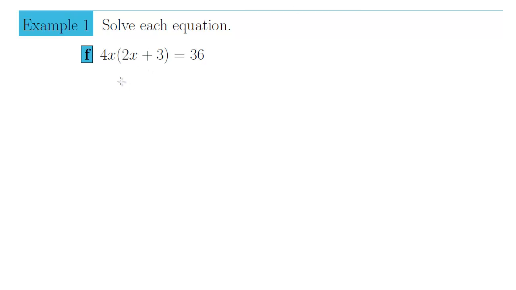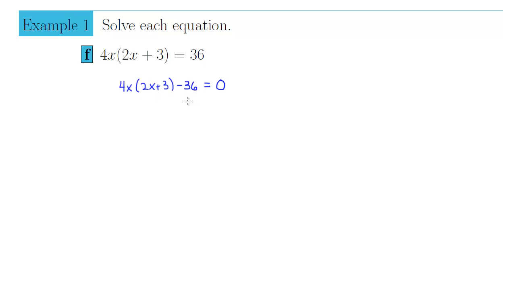We begin by rewriting our equation, 4x times the quantity 2x plus 3. We're subtracting 36 from both sides, so I'm simply going to subtract 36 from the left, and that's going to leave me with 0 on the right side. We no longer have a product on the left side. So we have to simplify this side so that we can then take that resulting polynomial and factor it into